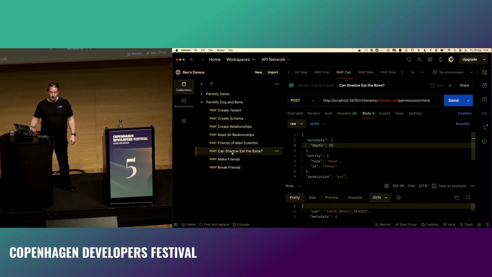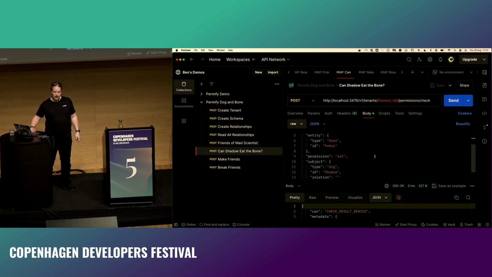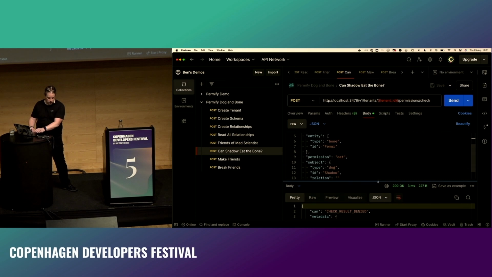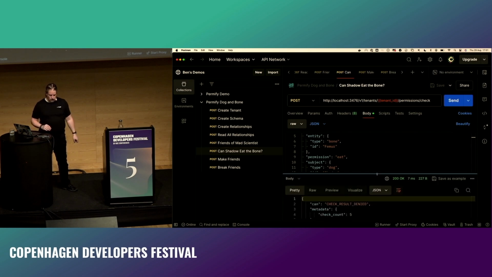So now, can Shadow eat the bone? So we do a call to permission check. We want to check a certain permission. What we want to do is find out whether the subject, Shadow, can eat the entity bone. And if I execute that, you can see that check result is denied. You can see that it's checked 5 different graph permutations of trying to get the information together, so it's actually looking at multiple ways that relationships could be built, and none of those resolved, therefore eat comes back as false